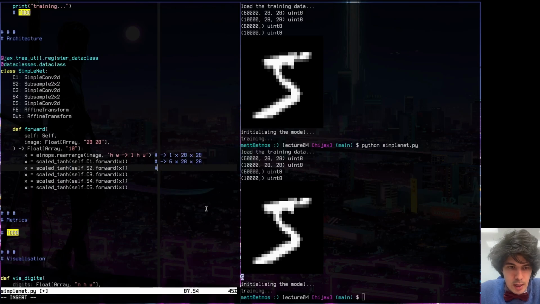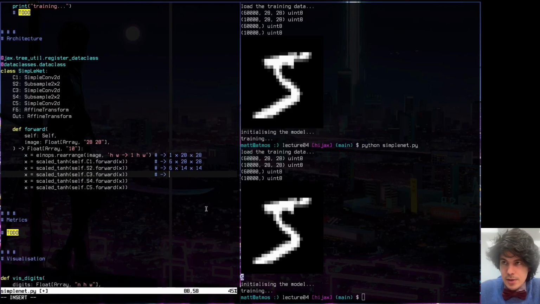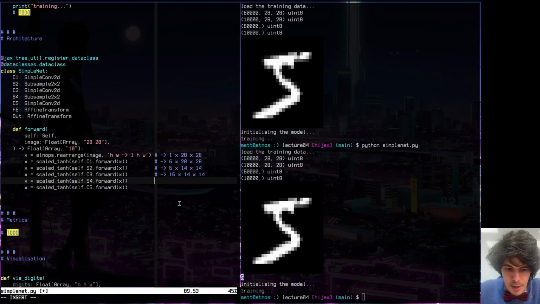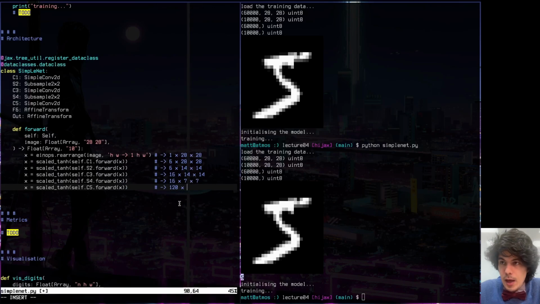And then we're going to do S2, and S2 is a 2 by 2 downsampling. The job of this is going to be to keep the number of channels the same, but turn this into 14 times 14. Then we're going to do another convolution, which is going to also expand the number of channels, and this time it's going to expand it to 16. I'm just getting these numbers from Yann LeCun's paper. Then we're going to have another downsampling, so it's going to take it to 7 by 7. And then we're going to have a final convolution, which is going to take it to 120 by,